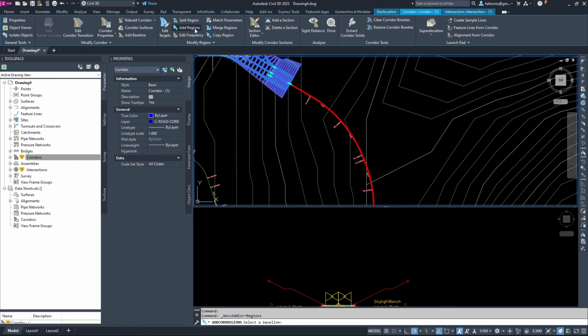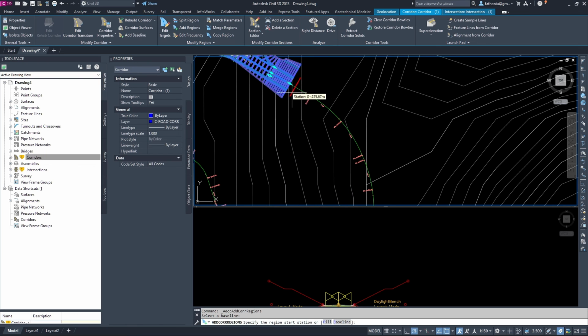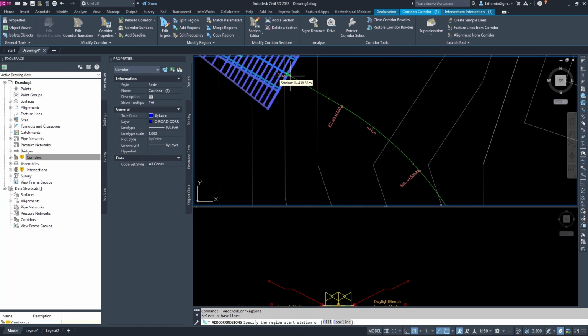Oh, I made a mistake, sorry. Add region, this one, and just OK. So make sure we have the intersection.